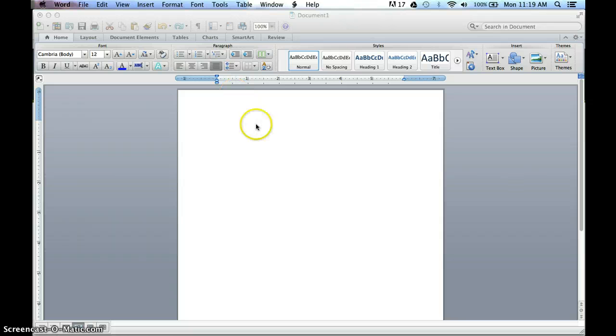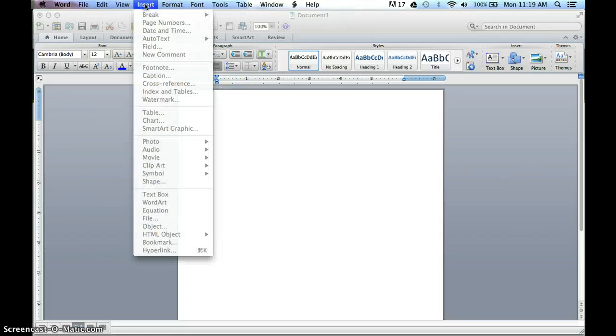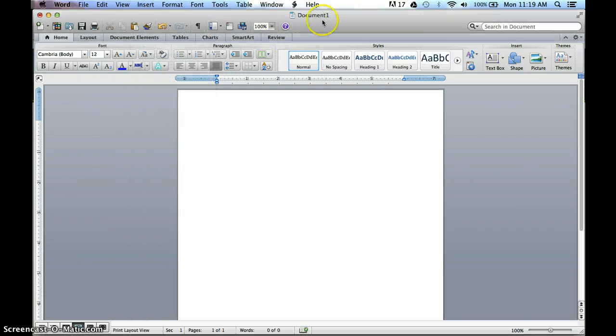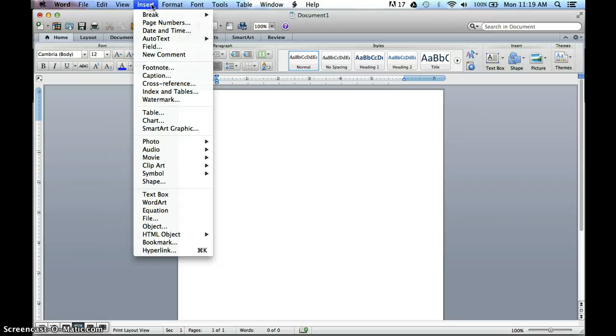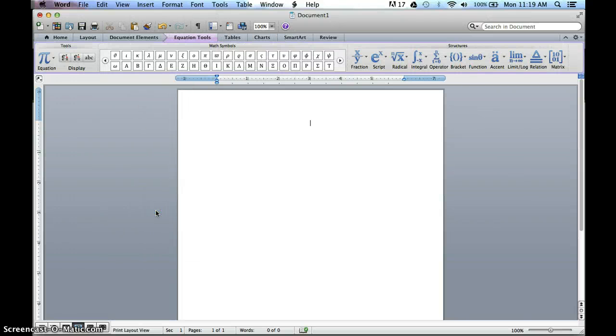So here we are. We have a new Microsoft Word document open. Let's go up to Insert, and why isn't anything there? I don't know. There we go. Let's click and activate that document. Now we can insert an equation. And on this version of Microsoft Word, the equation tools panel opens up in the ribbon here,